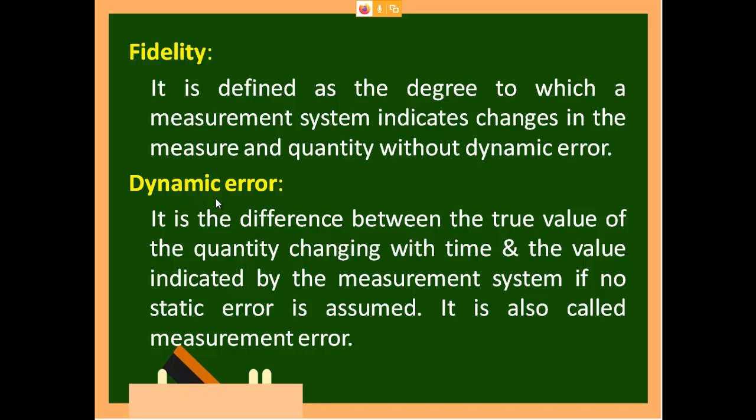You are standing, you are not sitting, and you have not run away from where you are standing, but there will be a small change between the values, a small forward or backward change. That is static error. And this error, if it is there, will even reflect on the dynamics of the device also. So when you say you are going to measure your dynamic error, you assume that there is no static error in that particular device.